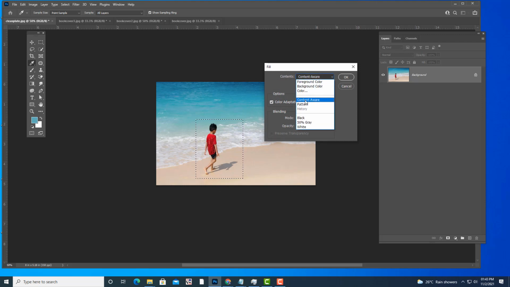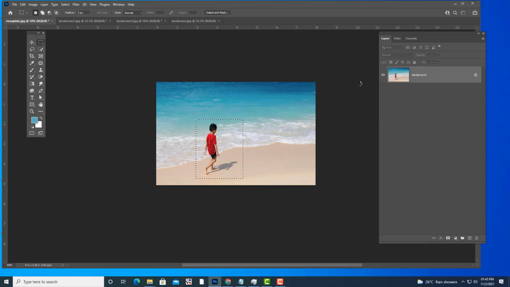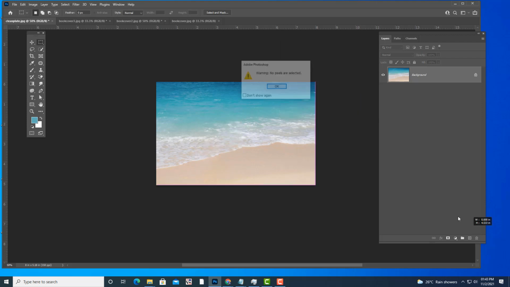From this list, what you have to select is Content Aware. Then simply click OK. See, that boy is gone. He's gone. You can use the same technique for removing, for example, some rocks, some plants, some trees. You can remove them by using this same technique.